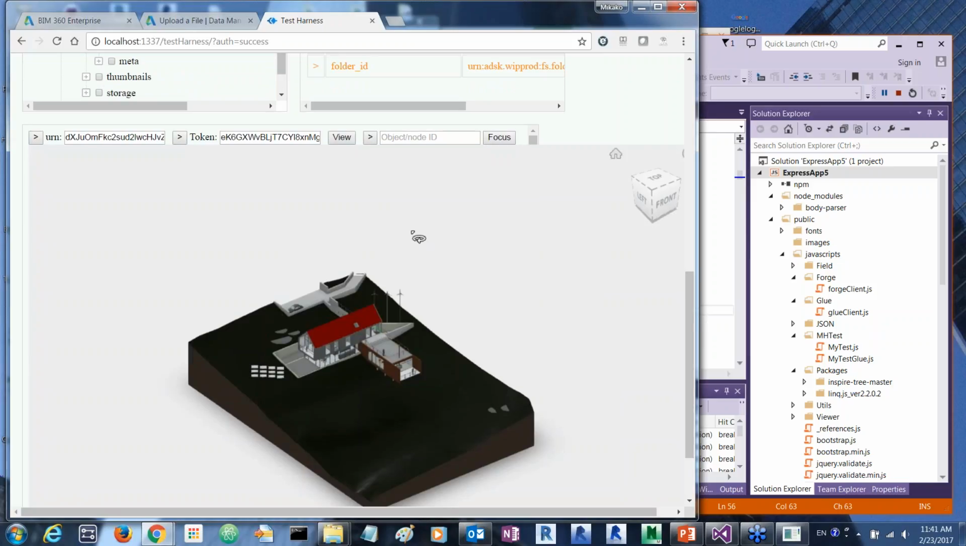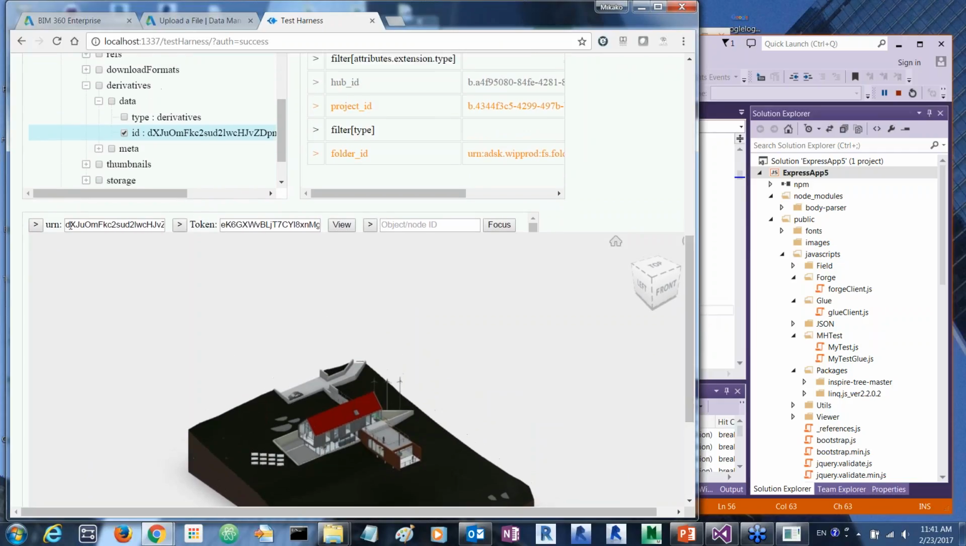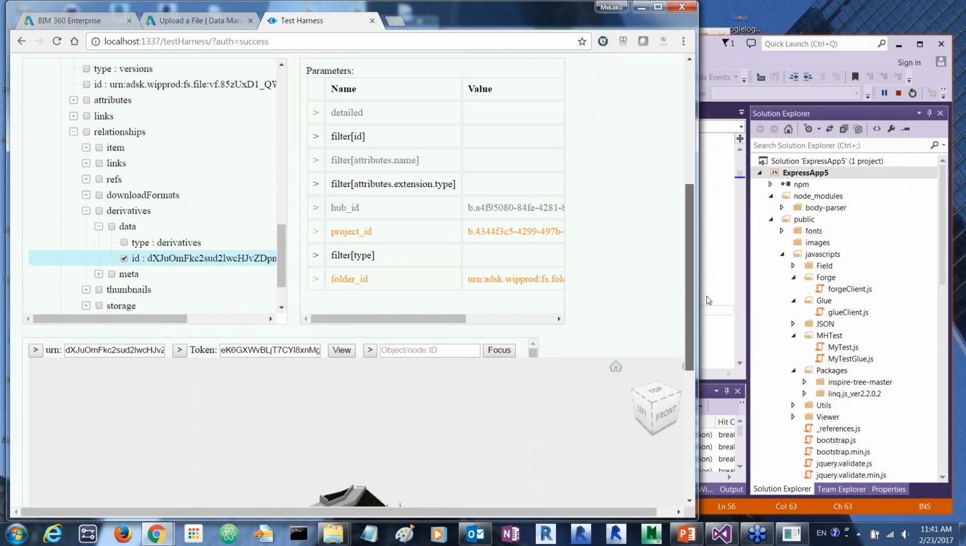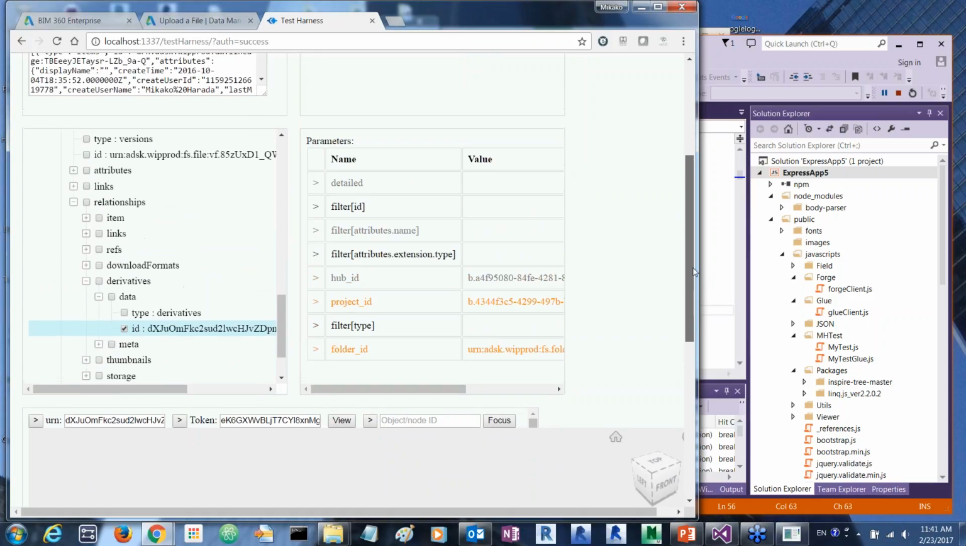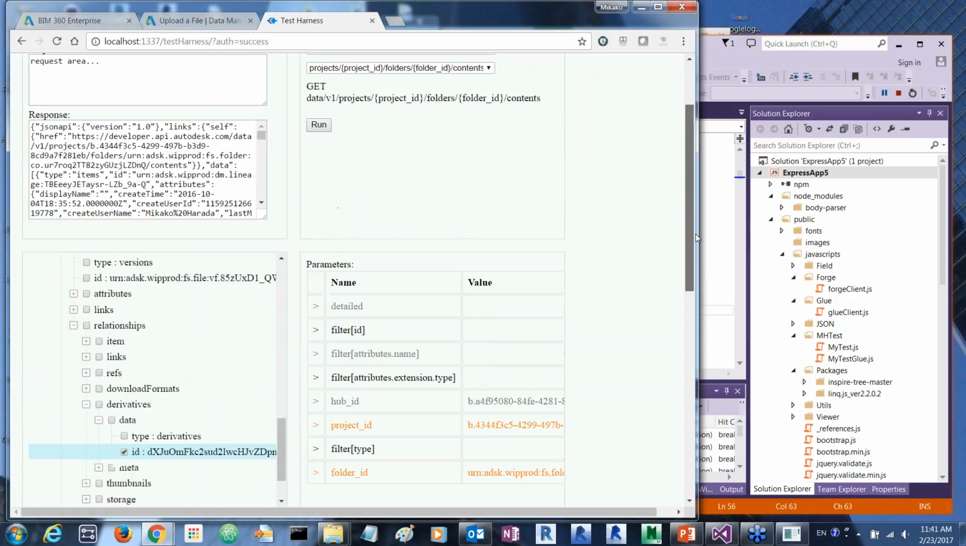So you can get the access. In order to use these viewers, you only need this URL and then token. So this is about data management. And now let's take a look at